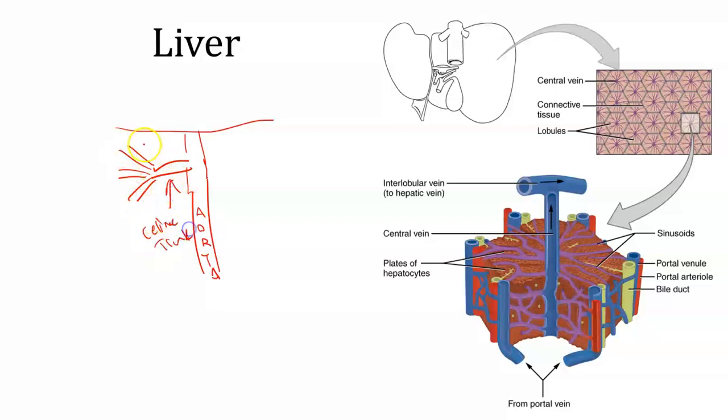And the 3 branches off of it were the splenic artery, the left gastric artery, and the common hepatic artery. Well, the common hepatic artery branches into right and left, and then branches again, and eventually those branches end up here as the portal arterioles. So the portal arteriole is a branch off of the common hepatic artery,